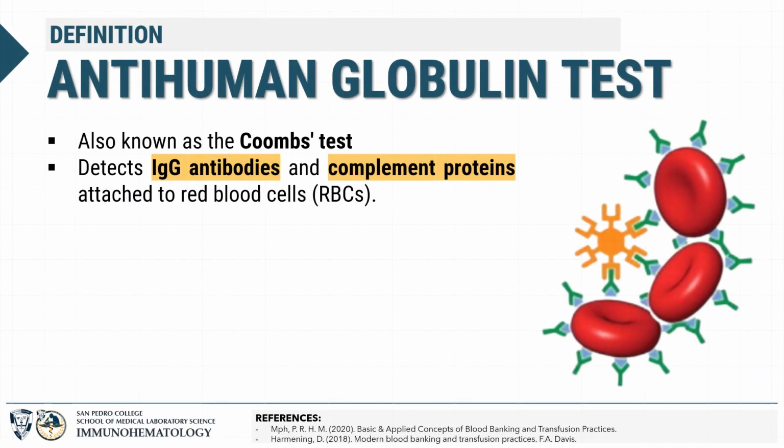Let me start off with a definition of AHG. The anti-human globulin test or the Coombs test is designed to detect IgG antibodies and complement proteins that are attached to red blood cells. The key logic is this. Antibodies and complement proteins, when bound to red cells, are normally too small and too similar to red cells to cause direct agglutination. The AHG reagent acts as a bridge. It is an antibody against human antibodies. And by binding to the cell-bound IgG or complement, it causes the cells to agglutinate and reveal the coating that was otherwise invisible.